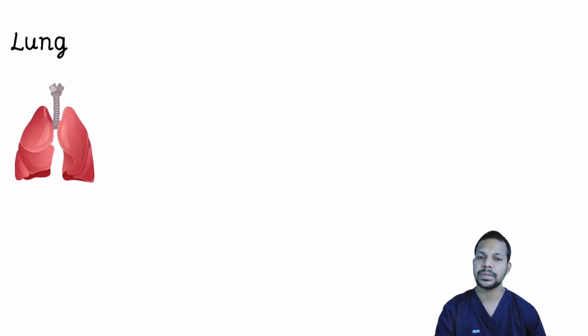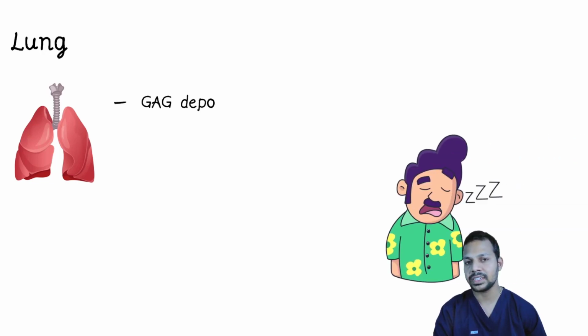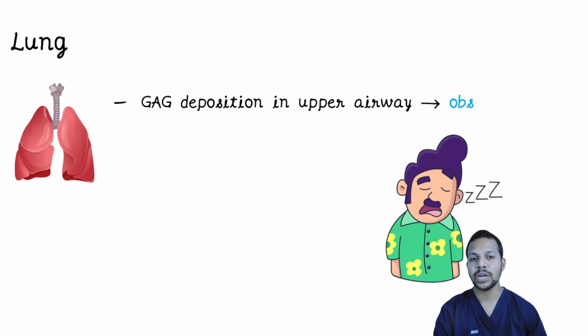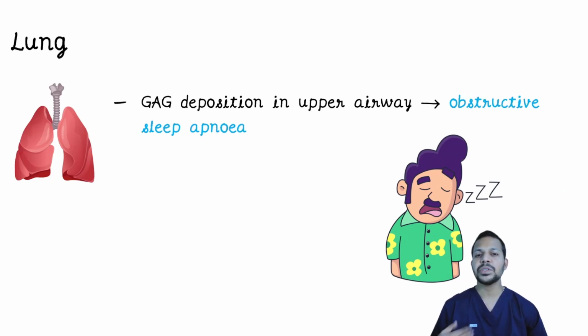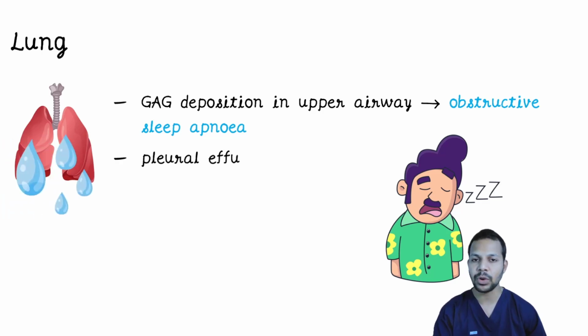What happens with the lung? There is something called glycosaminoglycans, or the mucopolysaccharides, which deposit in the upper airway here. That results in obstructive sleep apnea. This deposition of glycosaminoglycans can be seen in various parts of the body in hypothyroidism that will result in varied manifestations. We'll subsequently look at them. The property of the glycosaminoglycans is to trap water. When they trap water, they'll put some pressure on the surrounding tissues, and that will result in various clinical manifestations. Because of third spacing, again, the patient will have pleural effusion.